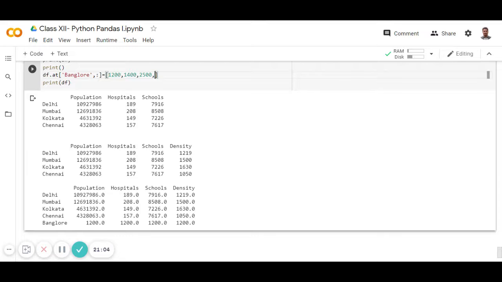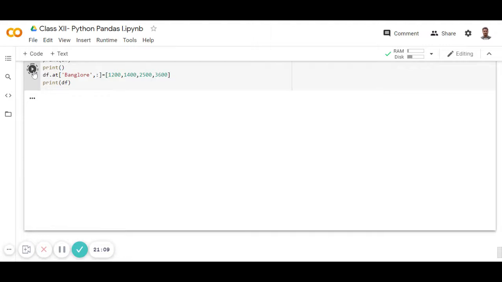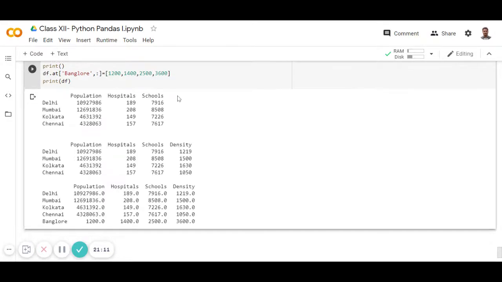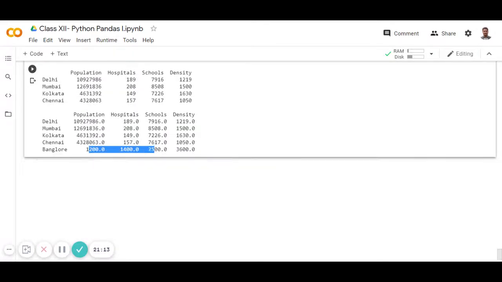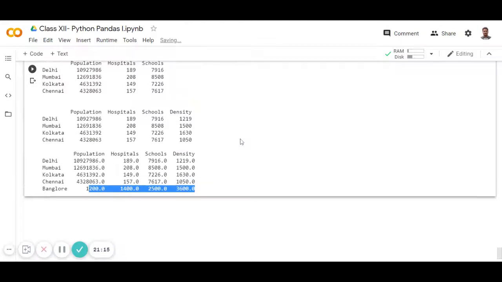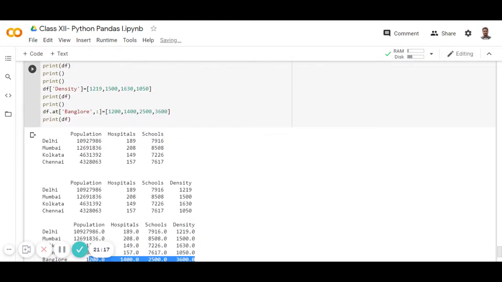We need to have four values, so 3600, and you can check that we have changed the values to 1200, 1400, 2500, 3600. So you can add values like that, right?